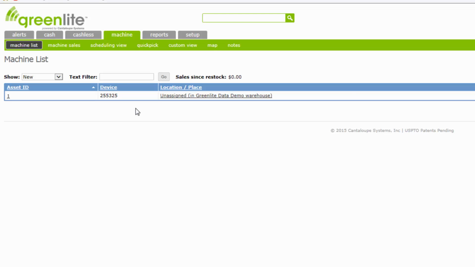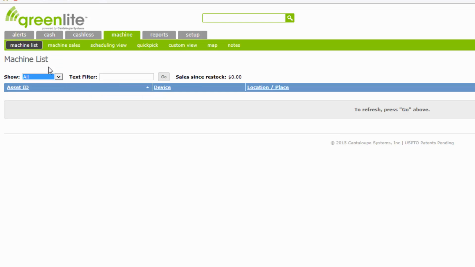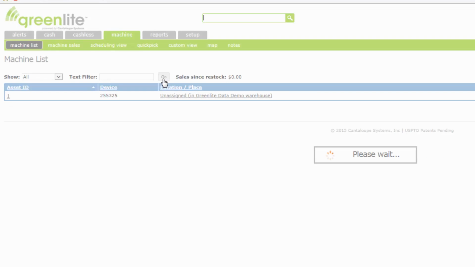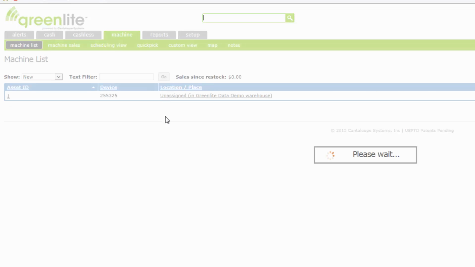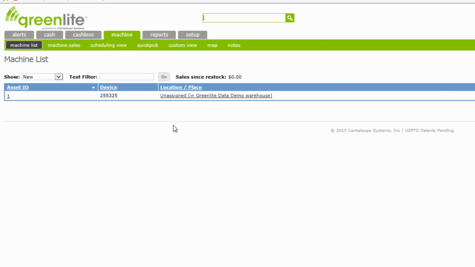When the list is specified to show new machines only, you should see only the new machines whose records you will now edit. If you specify the list show all machines, the list will also include any machines you have already set up with the revised asset IDs and correct customer assignments, etc., along with the new machines. If this is your first machine, this will again only show your current machines you are setting up. Select New again from the Show field and press Go to get back to showing just the new machines.